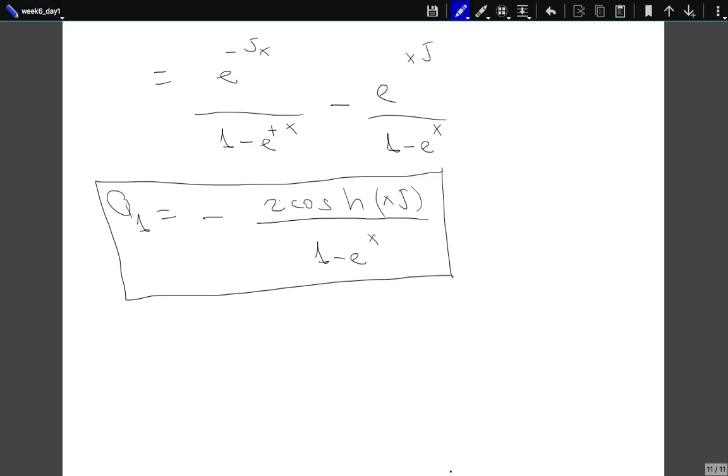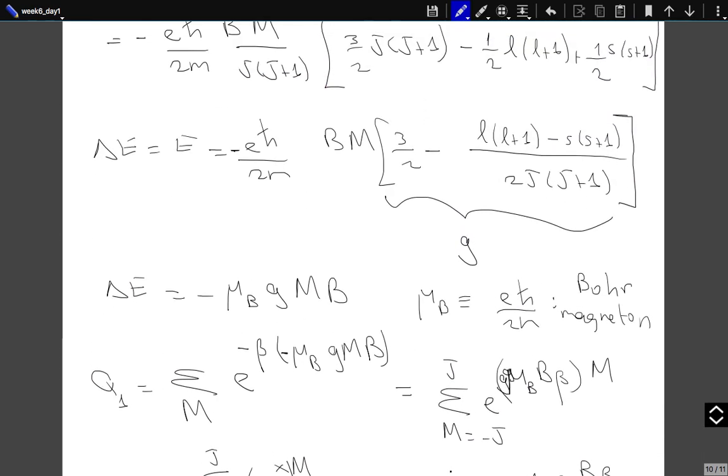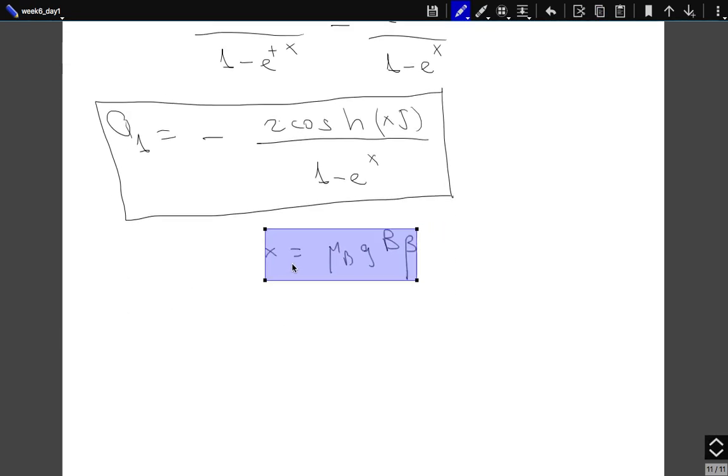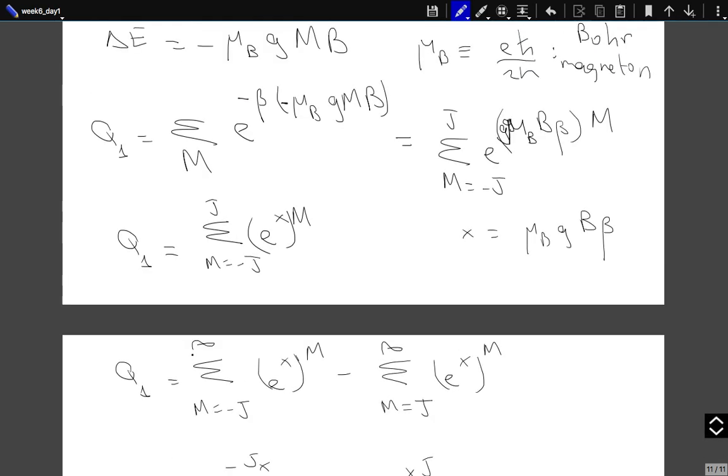Now, first question. When do we expect to recover the classical behavior? You see, one of the important differences between the quantum mechanical behavior and the classical behavior will be the discreteness of the energy levels. Can show x. Okay, what was x? This is x, and g was equal to